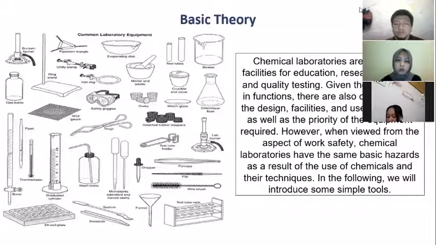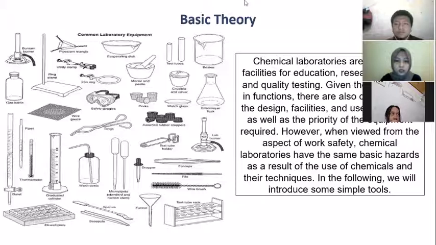Bunsen burner. The function of Bunsen burner is to heat a liquid that requires heat energy when the reaction process is carried out. Clamp and stand. This tool is usually used for clamping a burette, for sealing flask, and other tools that require a clamp. Wash bottle. Usually these bottles are used to store distilled water which is used to clean or rinse equipment. Evaporating dish. The function is to evaporate